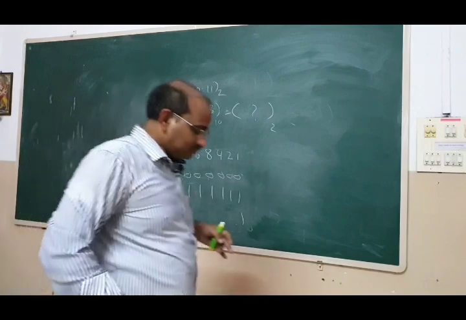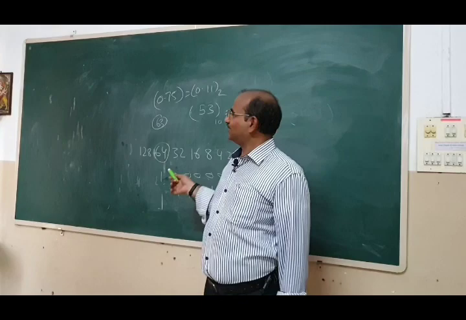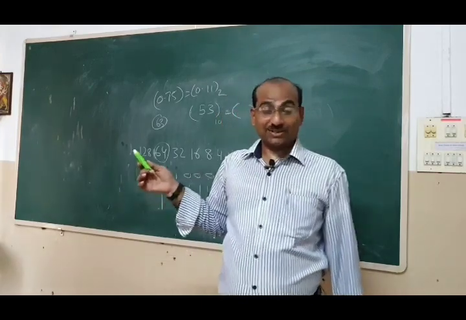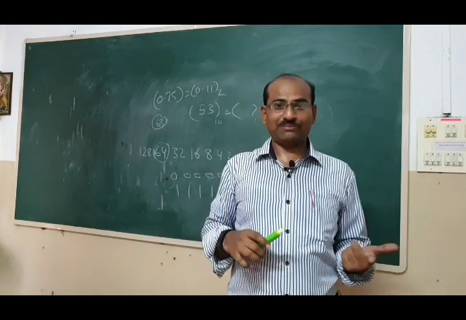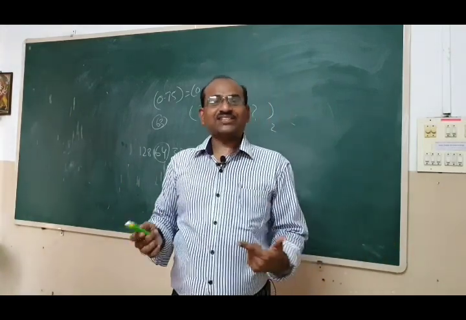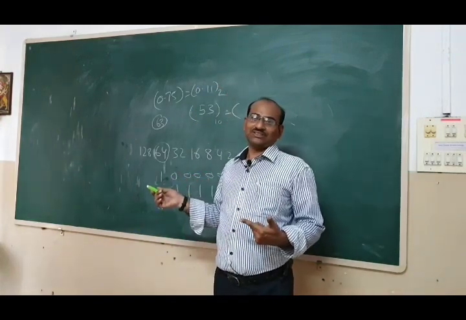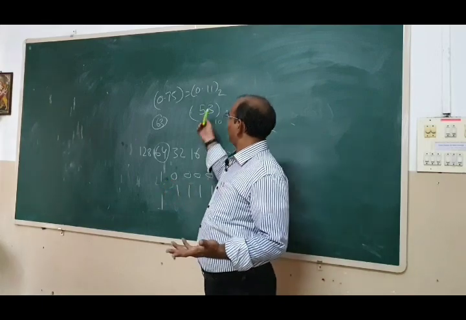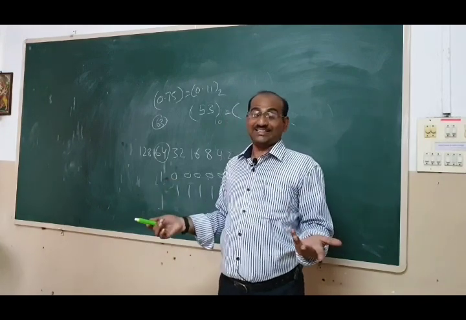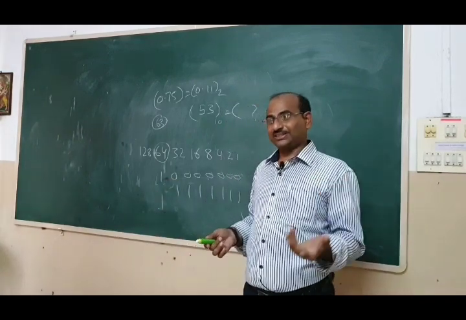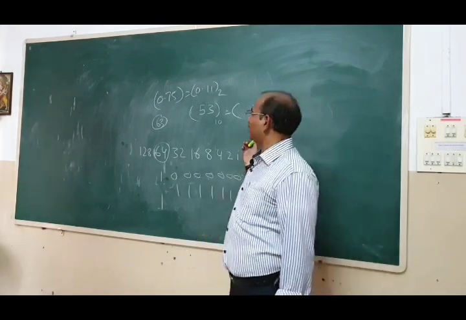So this class was meant for discussing the conversion of a decimal number into a binary number, right? Next class we will discuss how to convert a binary number into a decimal number. I think you understood how to use the place values. We will use them in reverse, that is enough. But anyhow, we will discuss for a few minutes in the next topic the conversion of binary